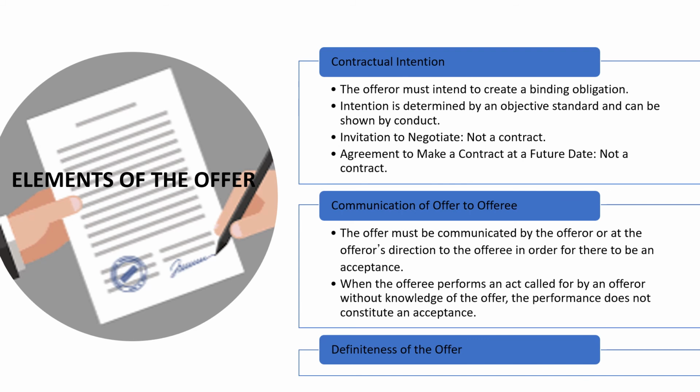Second, the offer had to be communicated to the offeree. So in contract law, the offeror is considered to be the master of the offer. What does that mean? That means they're in control. The offeror sets the terms of the offer, and they can change the terms of the offer, which we'll talk about in a second. And they make the offer to whomever they choose. And only the offerees that they designate may accept their offer.